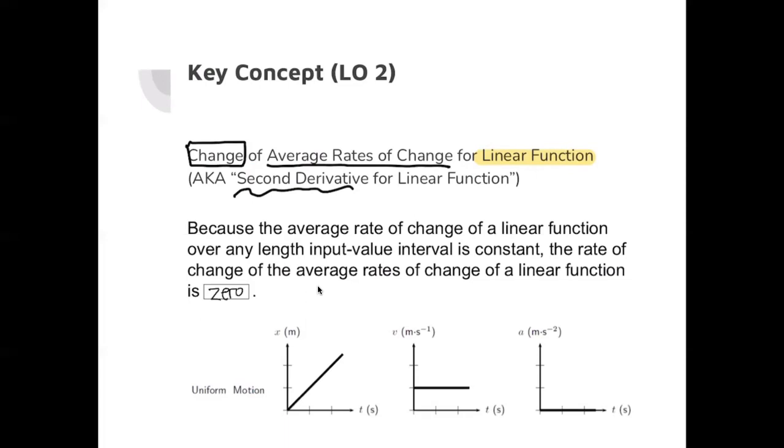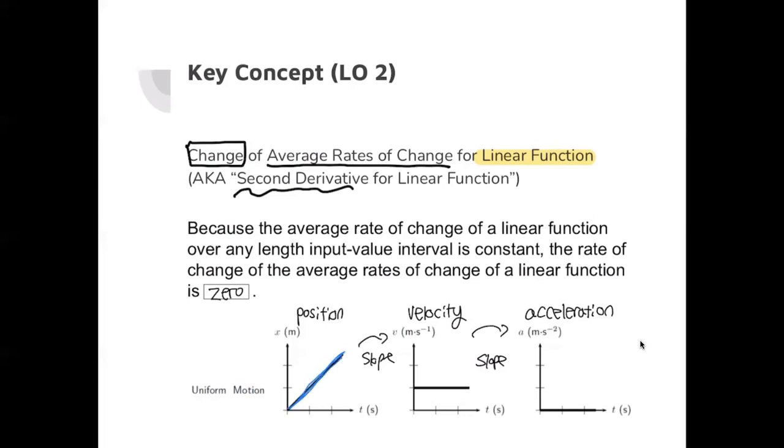Let's look into these 3 graphs. This is more related to physics, but it's still related to math. So this is the position graph. This is the velocity graph. And then this is the acceleration graph. Velocity is the slope of position. Acceleration is the slope of the velocity. Okay. If the original